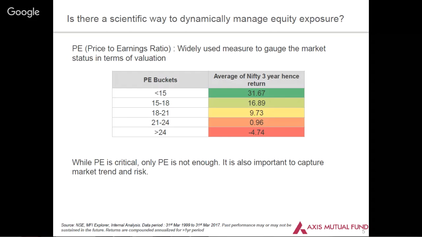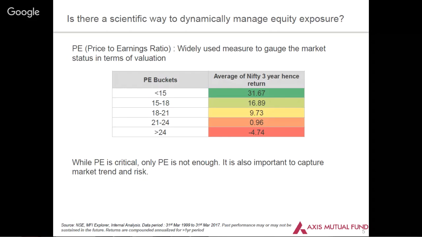Let me just explain with the example of our fund, which is the Axis Dynamic Equity Fund. What happens is that the model is run on a periodic basis. In our case, that frequency is once in about 2 months. Every time the model is run, it throws up what the appropriate allocation should be. If the allocation has gone up, we have to add to our equity exposure. If it has gone down, we have to reduce our equity exposure.